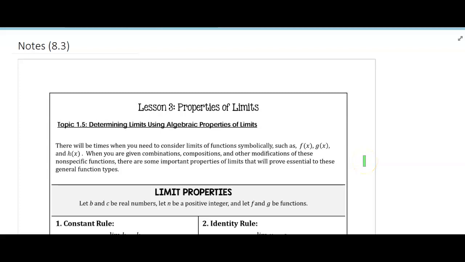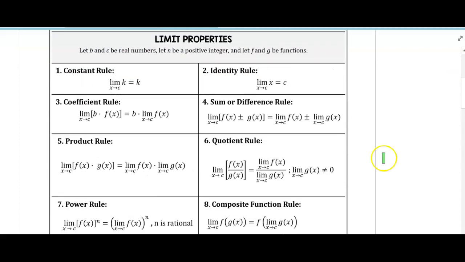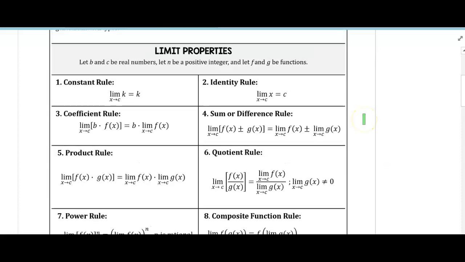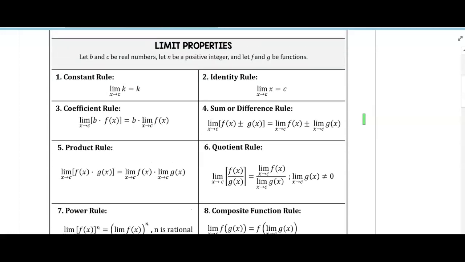All right, in today's lesson for AP Calculus, we're going to be talking about algebraic properties of limits, and you'll notice that this entire first page of our notes is just listing a bunch of properties that we will see play out in different practice over the next day or two. And so if you're looking, there's a lot going on, but a lot of this stuff really makes